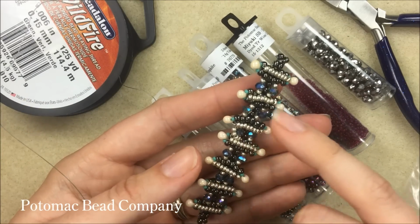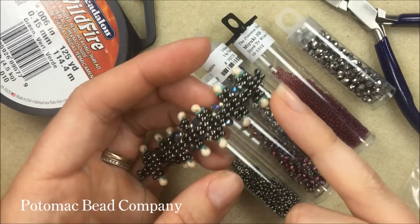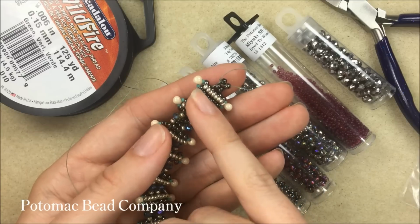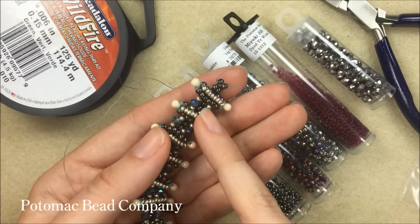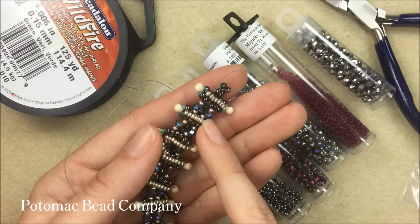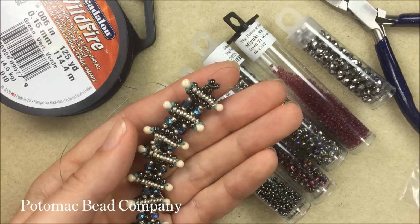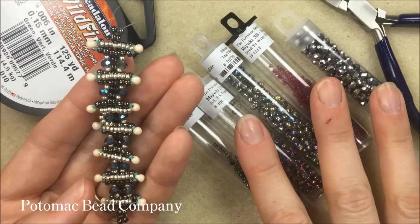To start out with, we are going to be using 8 seed beads for our base. Then we're going to be embellishing our base with some 15 drops and then 11. We're also going to be making the bracelet sparkle and shine with some Potomac crystals as well. We're going to be doing this in a tiny bit different form, and I'm going to be using the following